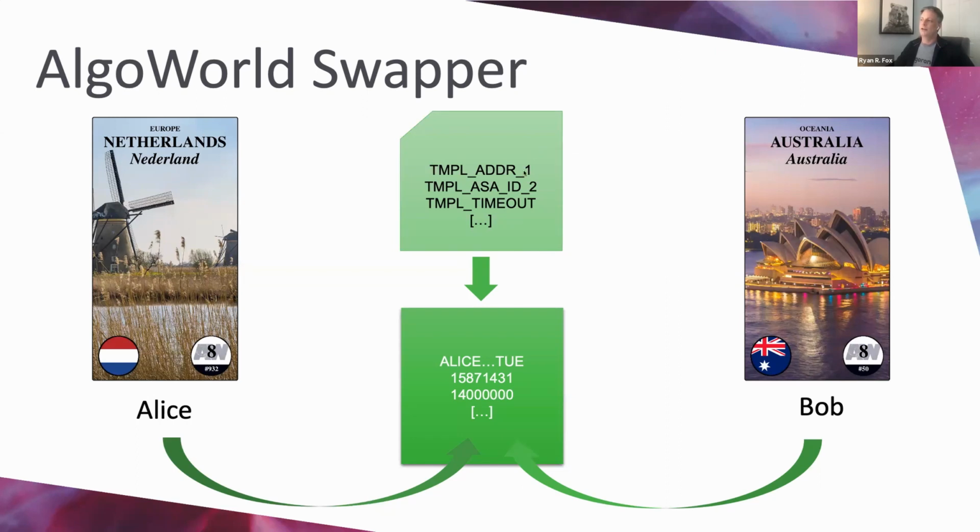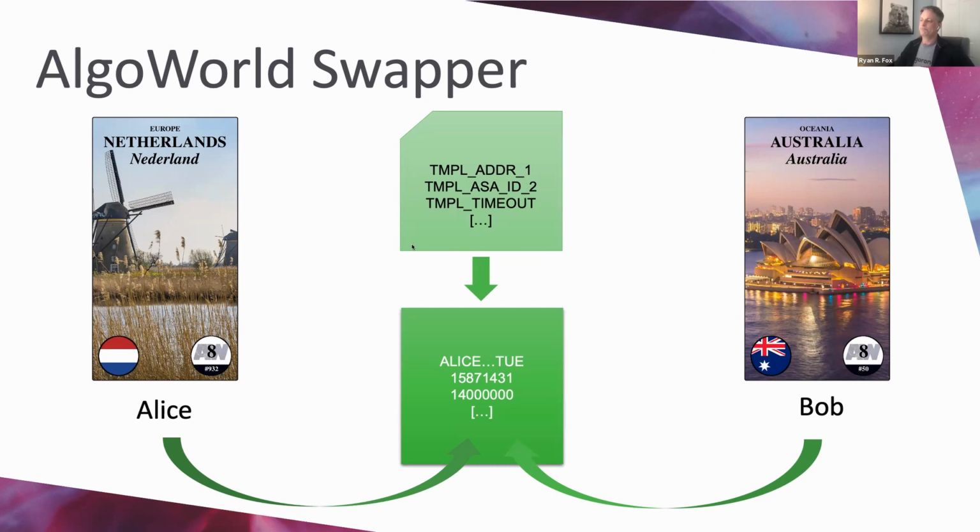It will have things in there such as the address for Alice, the ASA that Bob has, and then a timeout period defined so that they could get their assets back if the other side doesn't participate before